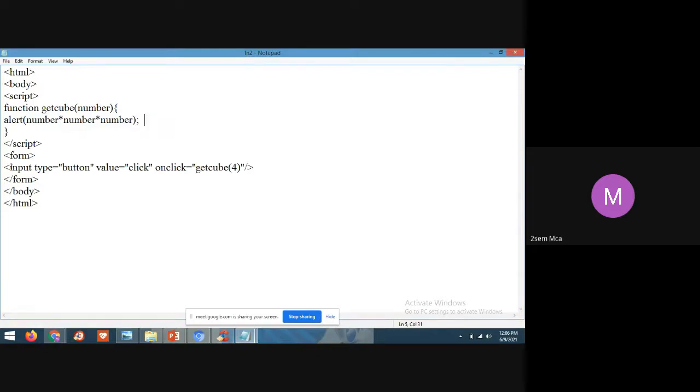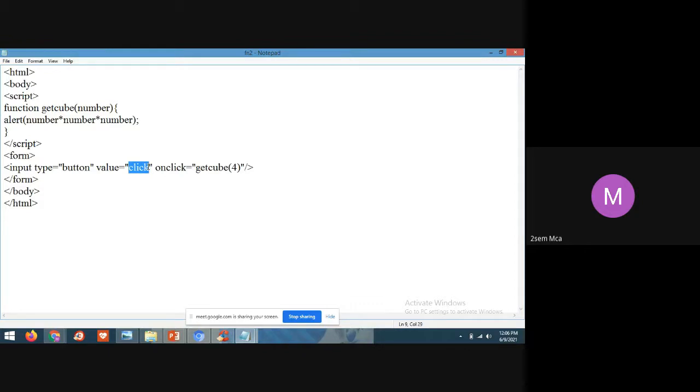Then coming to this input tag. In the input tag, what I have taken, the type is button. See, value click. Whatever we write for the value, that label will be displayed on the button.